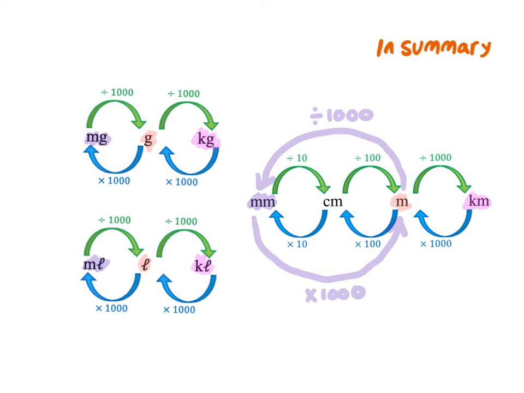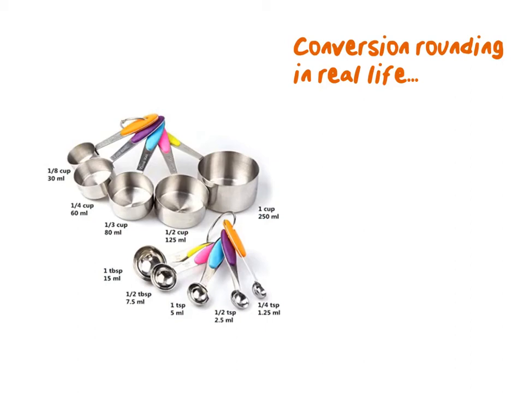So remembering that meters, grams, and liters work in the same way, it's very easy to then convert it to kilometers, kilograms, and kiloliters, as well as millimeters, milligrams, and milliliters. So for those of you that are keen bakers, you will know that 1 cup is 250 mils, and that half a cup is half of 250, which is 125. But now things get a little bit complicated when we start working with a third, a quarter, and an eighth cup. Let me explain. If 1 cup equals 250 mils,